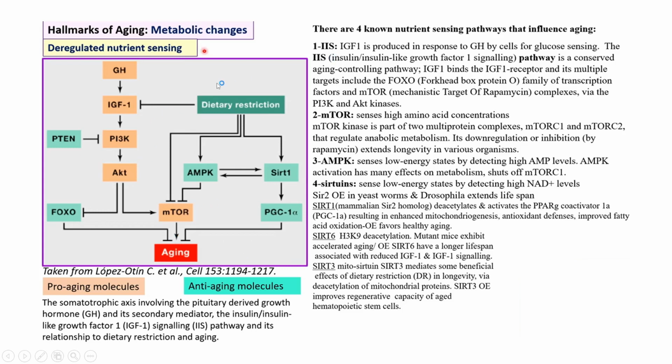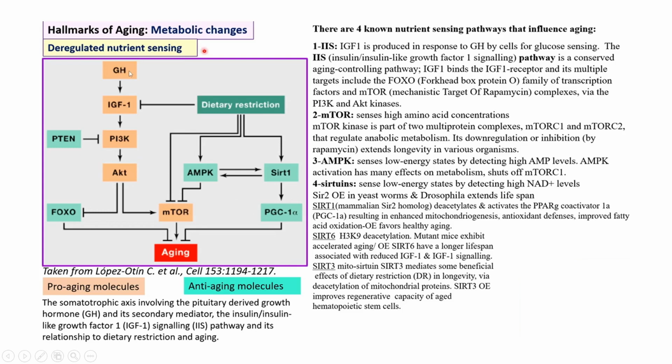For example, IGF-1 senses the glucose, and it targets the FOXO and activates the mTOR pathway through PI3K, negatively regulating FOXO. mTOR in turn senses high amino acid concentration. So when the glucose level is higher, the anabolism process will also be higher. The anabolism process means the conversion of glucose molecules into amino acids, and the participation of glucose in making the structural parts of proteins as well as other components. That is called the anabolic process.